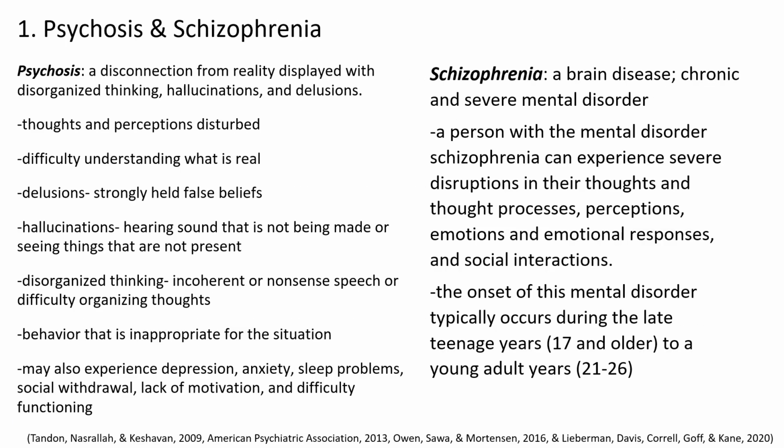And here's a brief definition and description of schizophrenia and psychosis and their symptoms. So, psychosis is a disconnection from reality displayed with disorganized thinking, hallucinations, and delusions. Schizophrenia is a brain disease, a chronic and severe mental disorder. And so you can take the time to review the descriptions of the symptoms on your own. I'm going to move